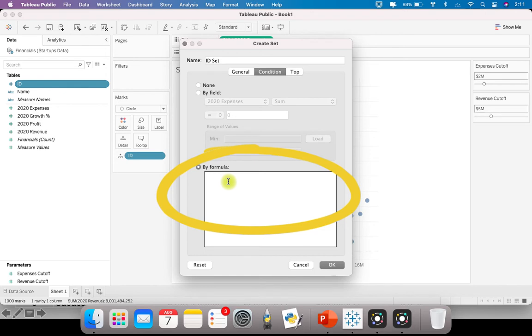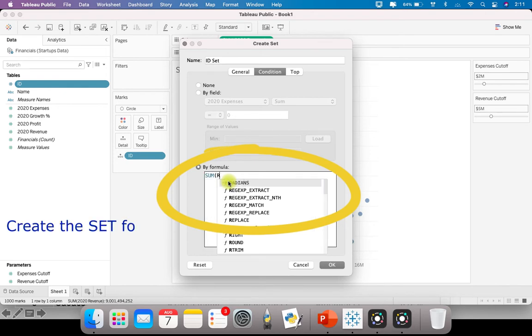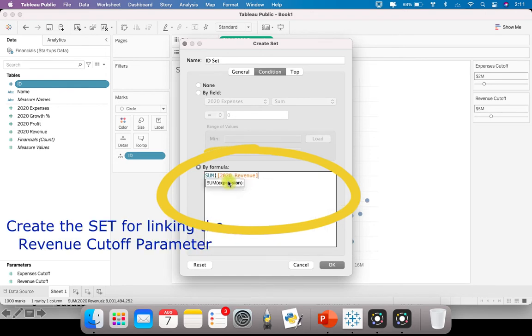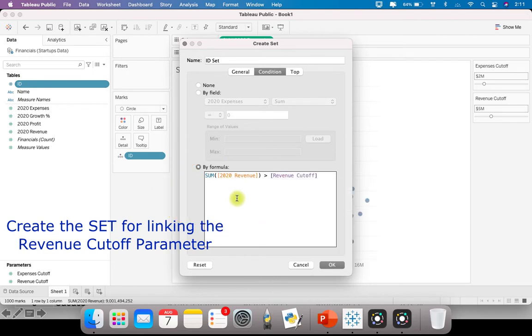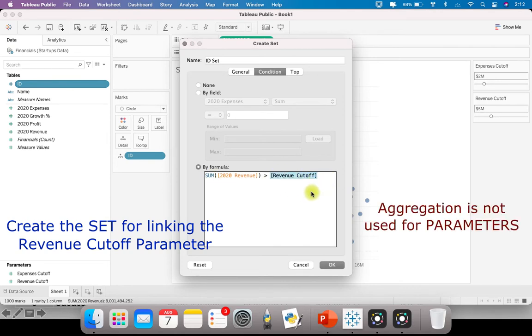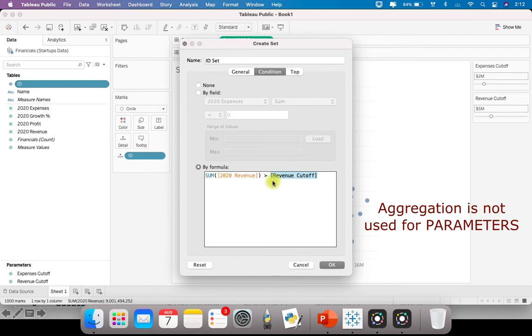So first one we'll make for revenue. So sum of revenue, this 2020 revenue should be greater than revenue cutoff. Now see that we will not use the aggregation for parameters, because a parameter is nothing but just one value, right? So we don't have to use the aggregation for this parameter.